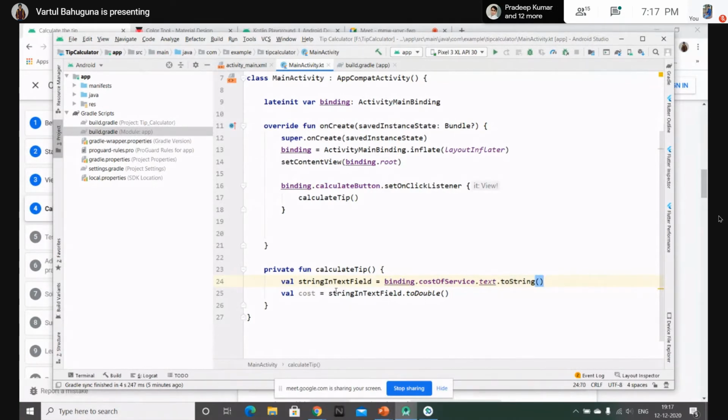Then we are changing it to a double: we take the text from the edit text view, convert it to a double, and store it as the cost. So here we are getting the cost from the user. Now we'll perform the calculation based on this cost. So moving on further.